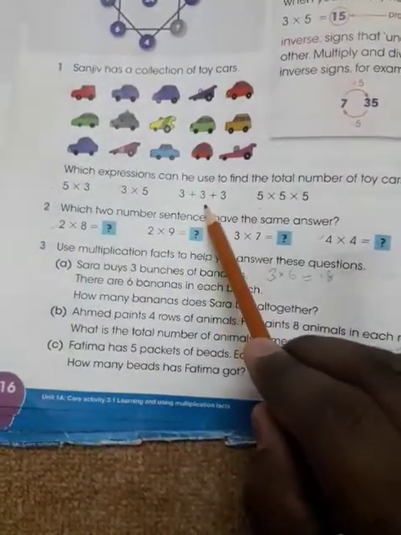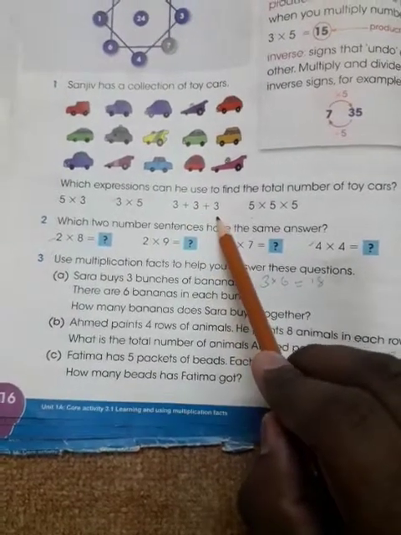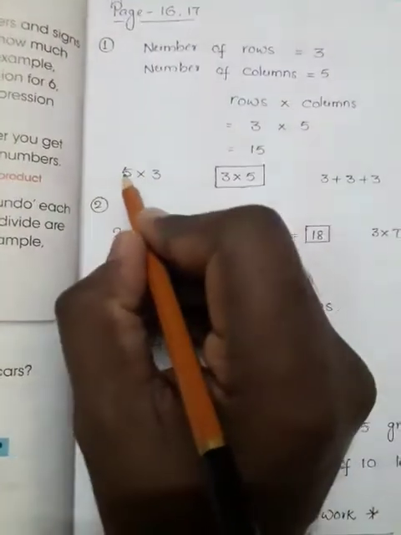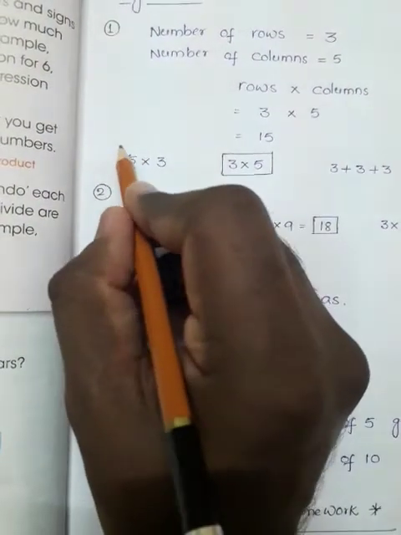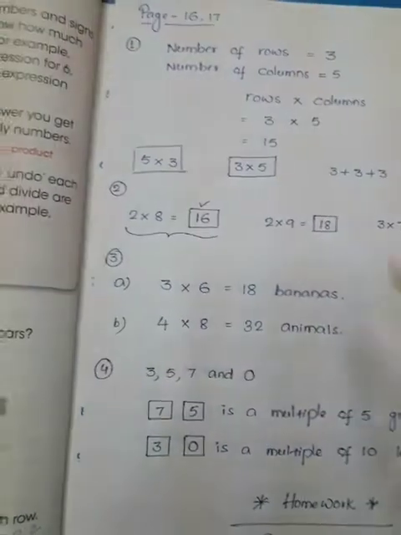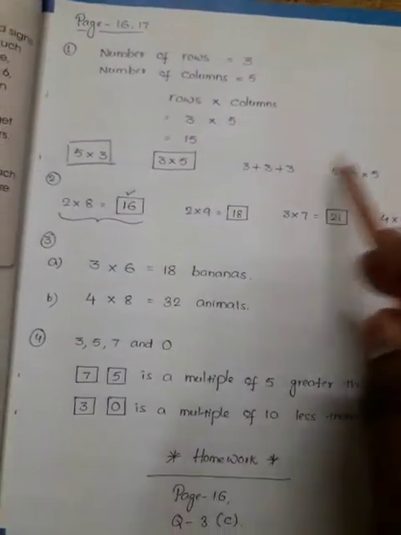This one is also possible. This is 5, this is 3 plus 3, 6, 6 plus 3 is 9, wrong. 5 fives are 25, 25 fives are 125, wrong. So 5 multiplied by 3 or 3 multiplied by 5. The more correct one is 3 multiplied by 5. You can check it. This answer is also possible, but the more correct answer is 3 multiplied by 5. Both are the same. You can write both answers, but these two are wrong.